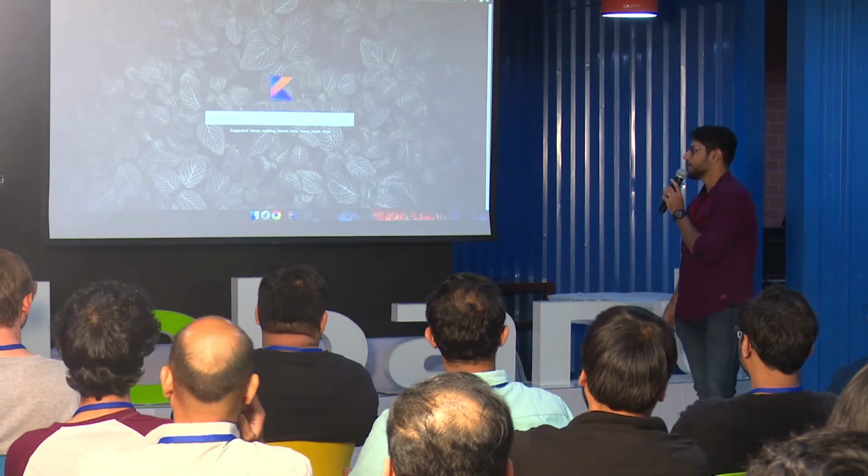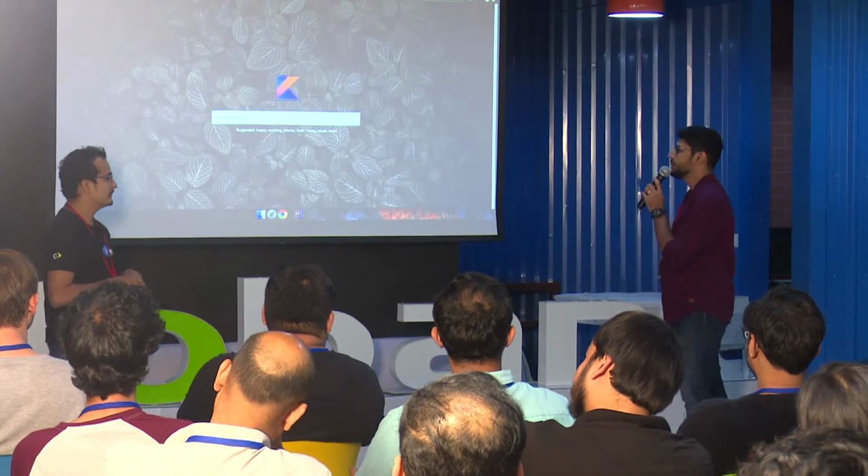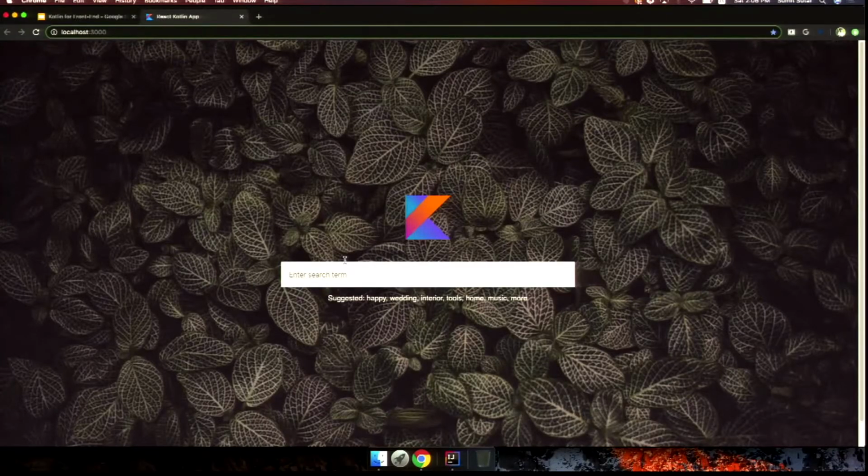So that's the app that we built. As you can see, it is a simple image search app, just like Google Images, and it is integrated with the Pexels API. The Pexels API gives us a list of images which are contextually correct. So if you want to search for something like happy or sad, it works just like Google Images.